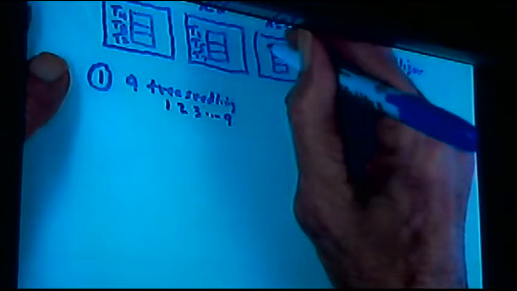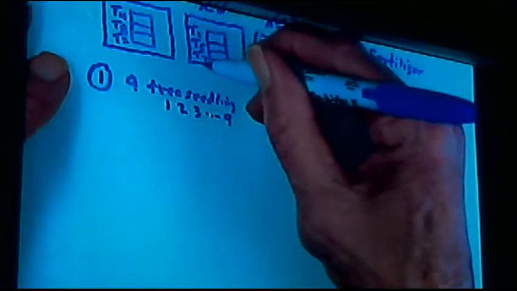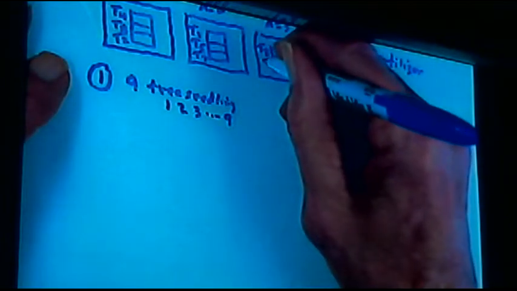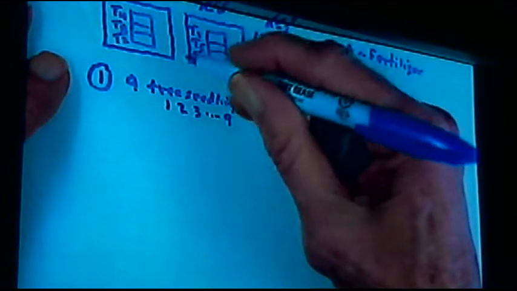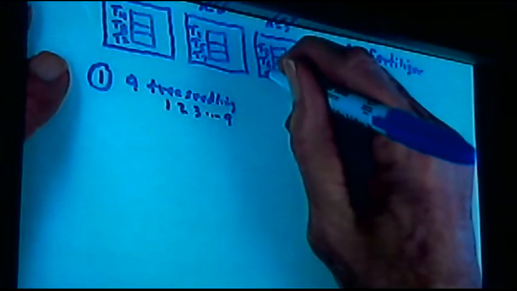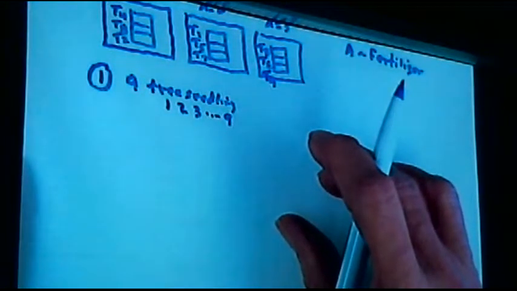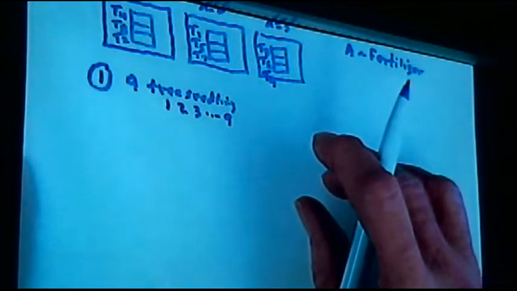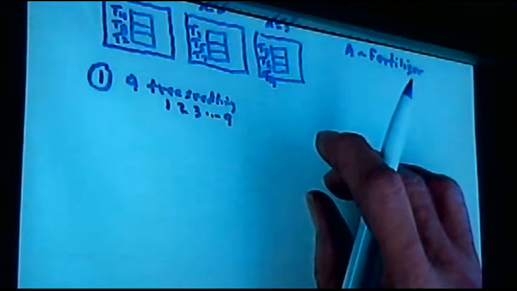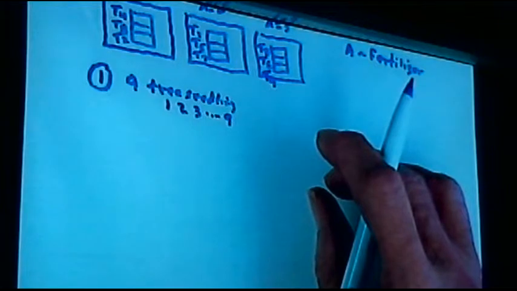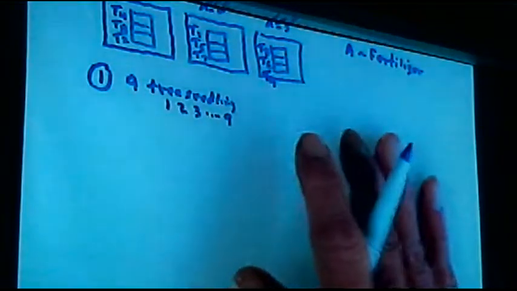Then I have T3, I've got T4, T5, T6, T7, T8, and T9. Using a number for each of the trees helps me a lot in reminding me what's going on here. I have 9 different trees, and they were randomly assigned to these 9 positions to give me the data that